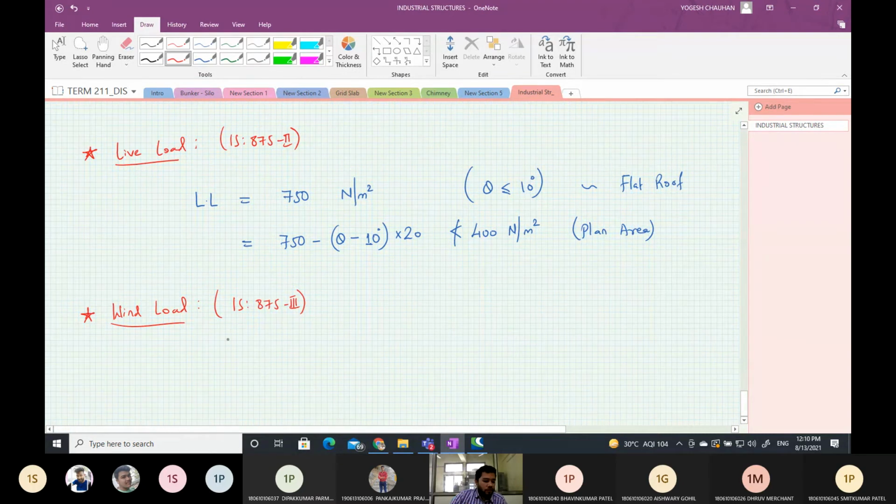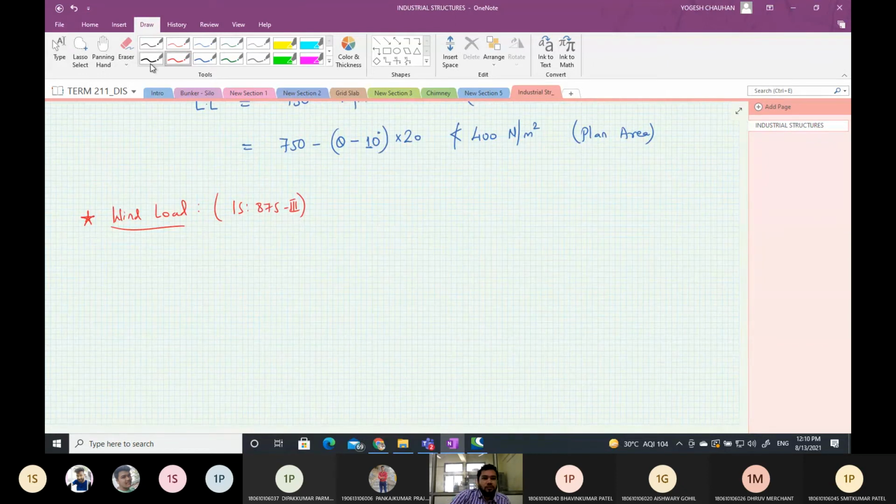So details of this you have already studied in design of steel structure. Now next thing is the combination of these loads. Just let us see some wind load.